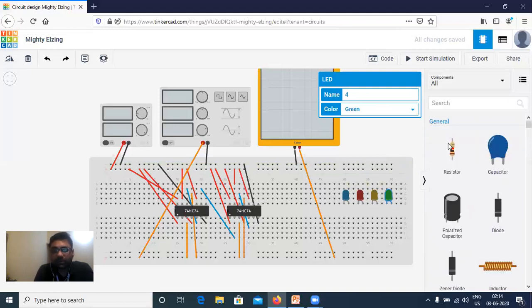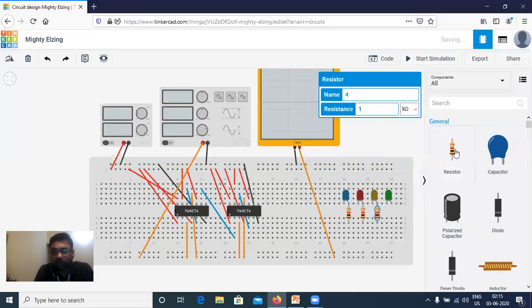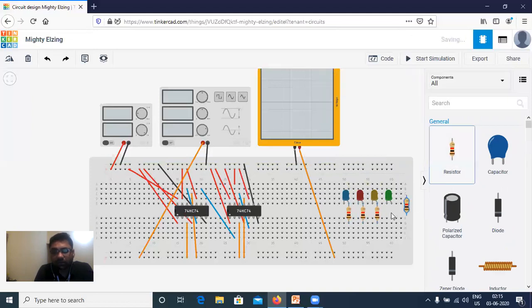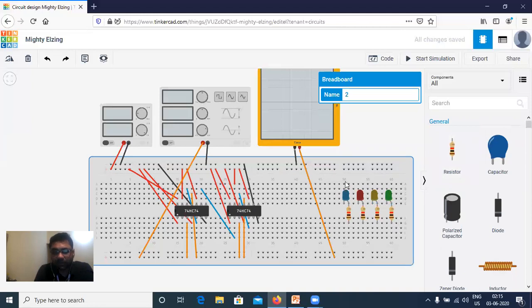Now as you know, we have to connect a resistor for the anode part. And then we have to take the cathode to ground.